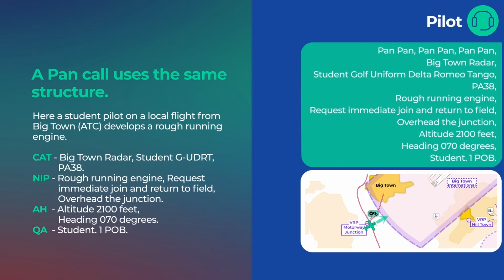Pan Pan, Pan Pan, Pan Pan, Bigtown Radar, Student Golf Uniform Delta Romeo Tango, PA38. Rough running engine, request immediate join and return to field, overhead the junction, altitude 2,100 feet, heading 070 degrees, student